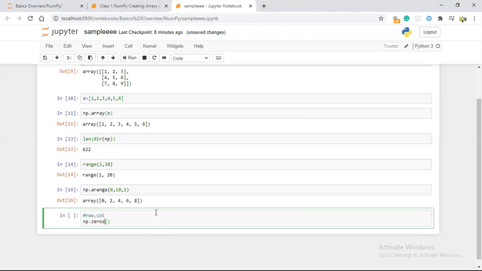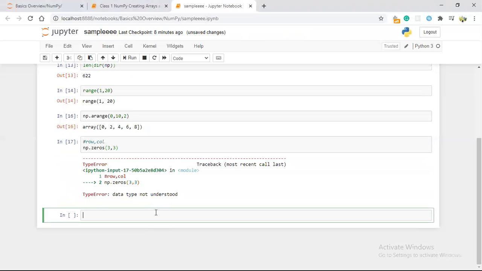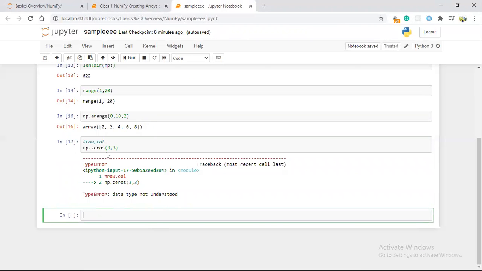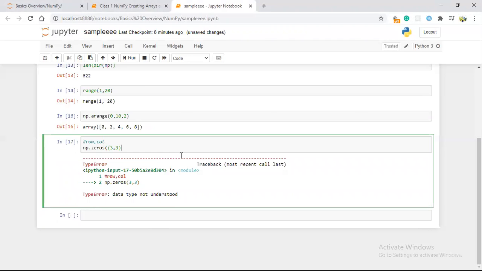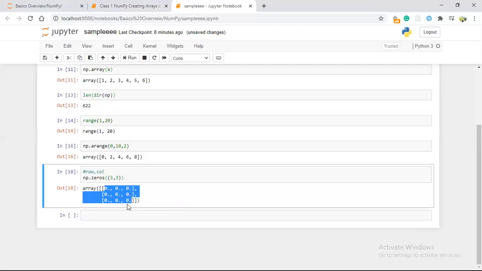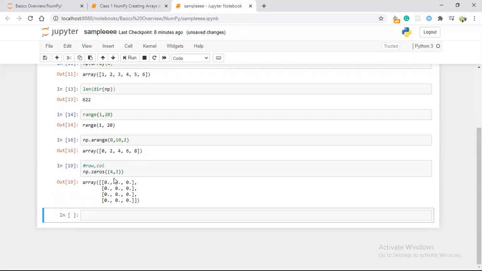So numpy dot zeros, I am giving 3 rows, 3 columns. You get a data type not understood error, so we need to give one more bracket. Then for 3 rows 3 columns you get the array filled with zeros. That's what numpy dot zeros is. If I give 4 rows, you will get 4 rows 3 columns filled with zeros. This is what zeros is doing here.